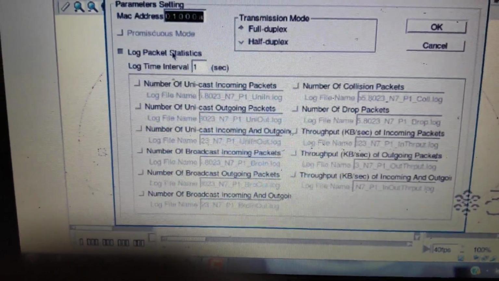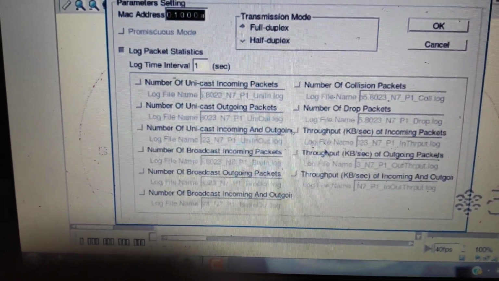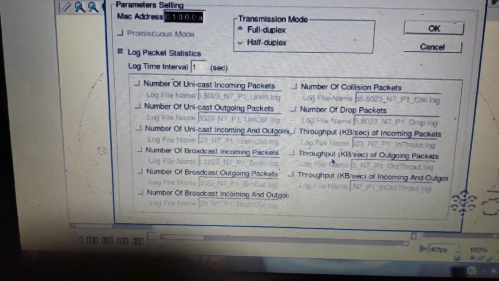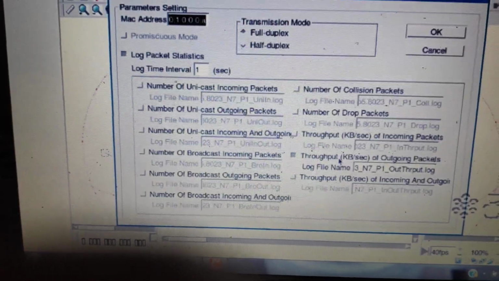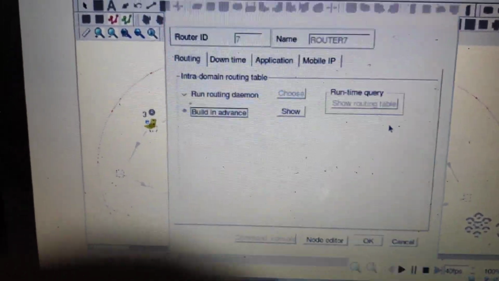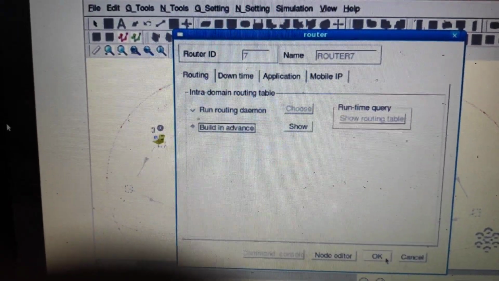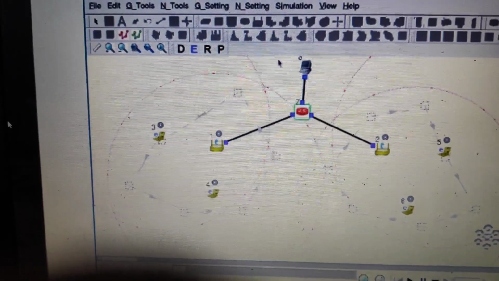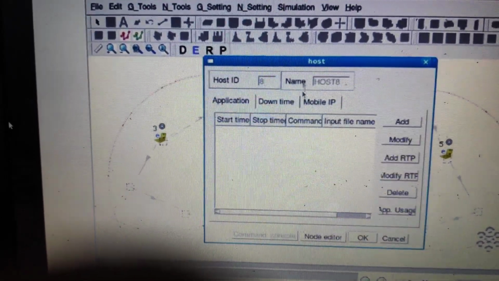Just one small difference here: you enable the throughput of outgoing packet, since it acts as a sender. Then click on OK. The router is also configured.